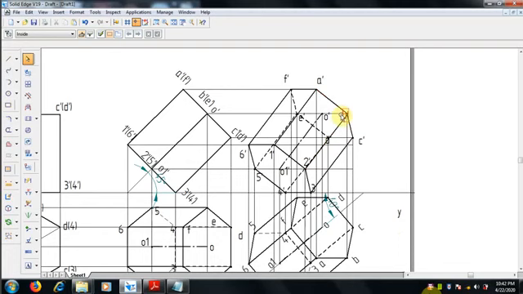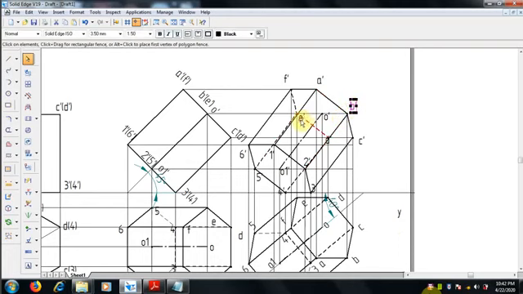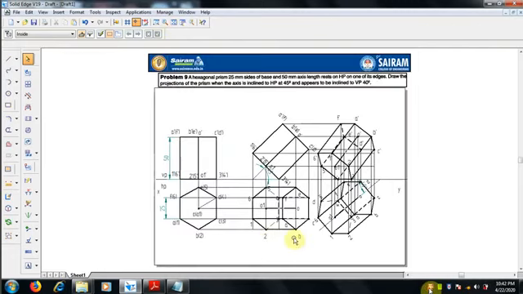For visibility, whatever letters are needed, we can mark. I think everything is over.